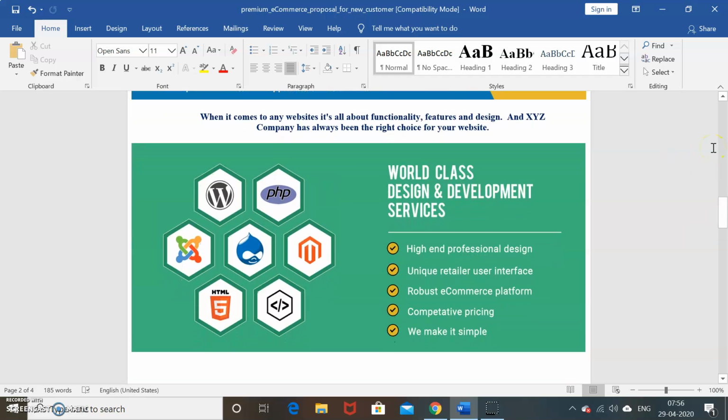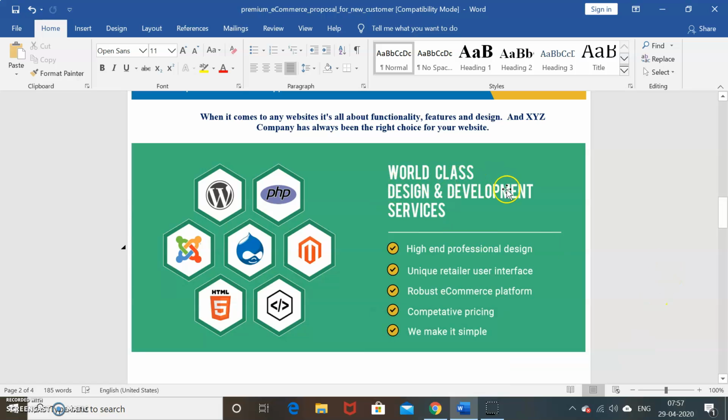Now by this slide or banner page, you will make the customer feel confident about your other expertise areas, like if you or your company is also working with other technologies, platforms, frameworks. All those can be highlighted there with a very simple infographic. These are basically the logos that I have collected from sites on Google, like PHP, WordPress, HTML, Magento, Joomla, etc.